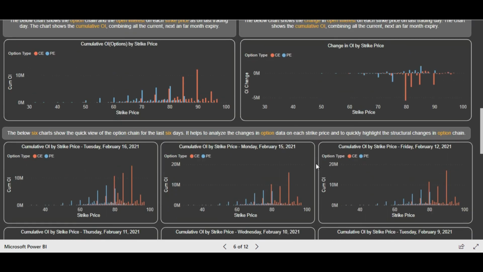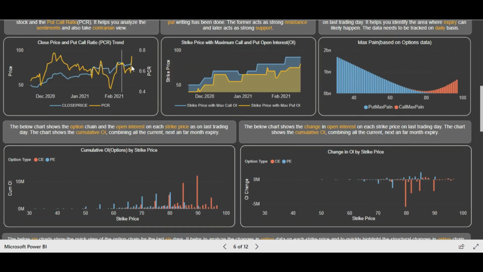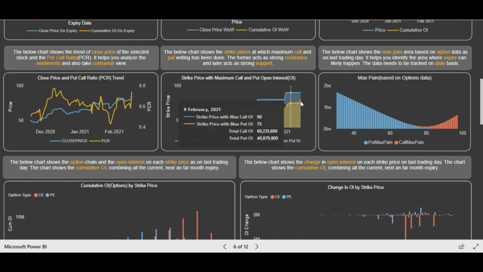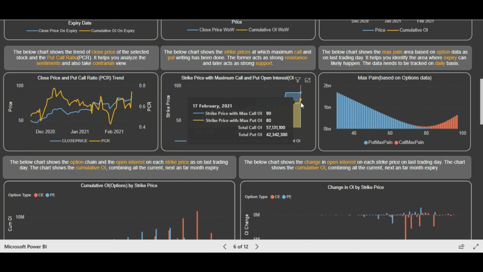So there would be a huge jump in PCR also. So you can see that PCR jumped because put call ratio is the total number of puts divided by total number of calls. So basically puts are being written more, and the call unwinding has happened huge. So that's why you see a huge jump in PCR. So that is a bullish signal. And also you are seeing today the support levels are shifting higher. So earlier the maximum put writing was at 75 level, and now it has shifted higher to 80 levels, right? So in this way you have to analyze the data, and you can take your trades based on this.